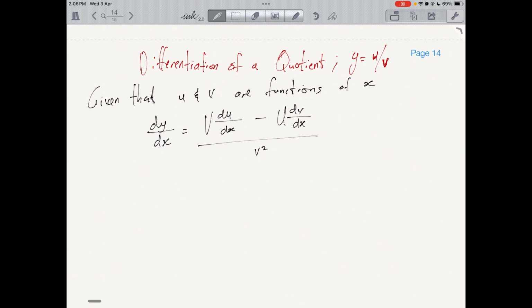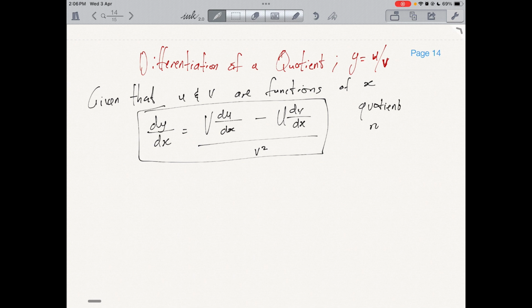Now we'll be considering the differentiation of a quotient, of the format y equals u over v, understanding that u and v are functions of x. And then we are given this principle that dy/dx is equal to v du/dx minus u dv/dx, divided by v squared. This is known as the quotient